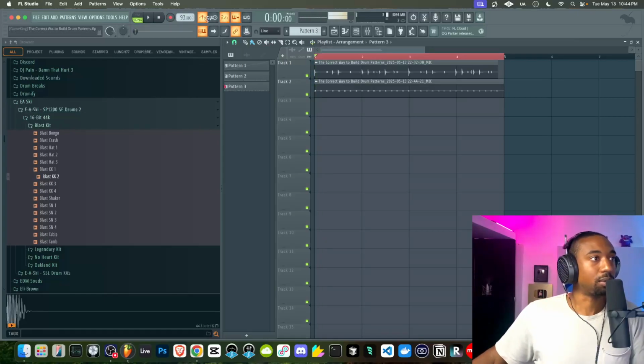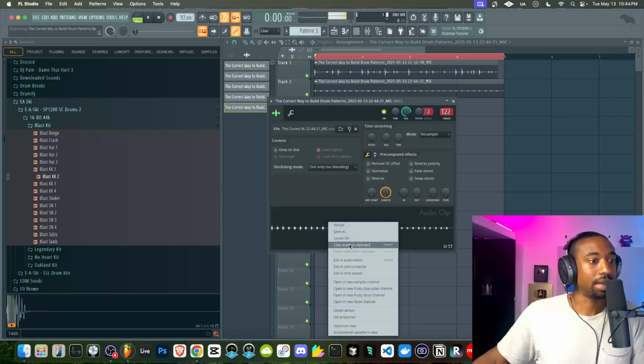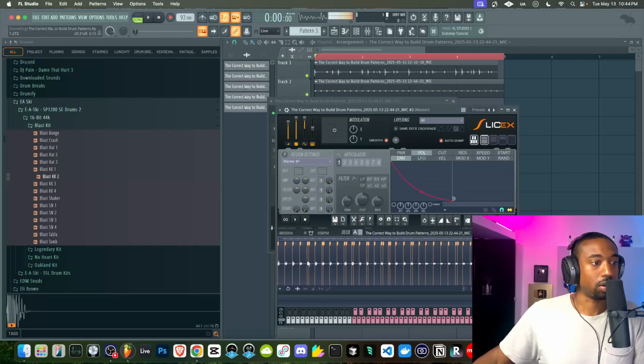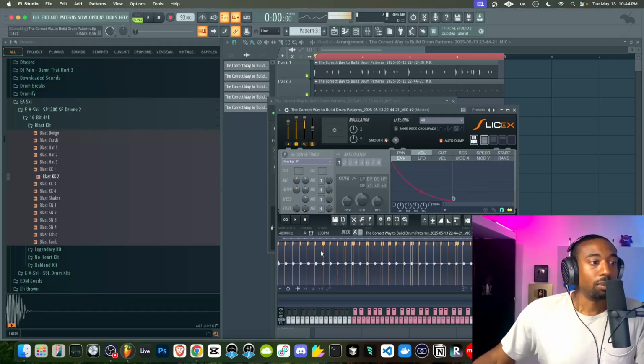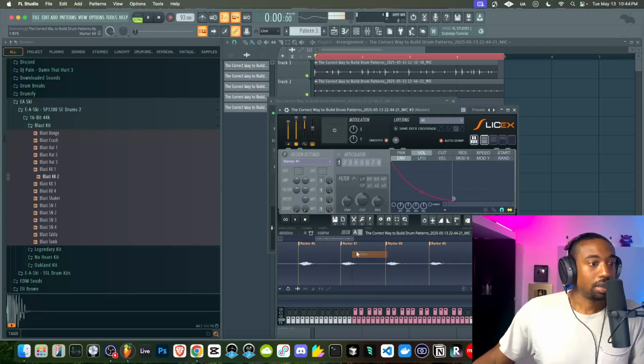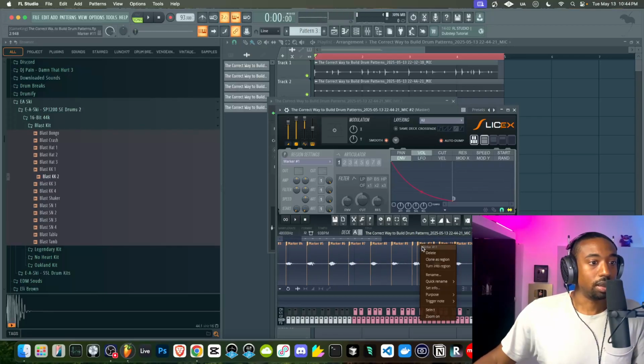So let's do the same exact process. Double click, right click, open and slice. It should auto slice. I could tell there's some errors in here, so I'm just going to delete some of the markers that are doubled up, which we don't need. Very important because we don't want these to be those red vertical lines unnecessarily. So I'm just going to delete any excess